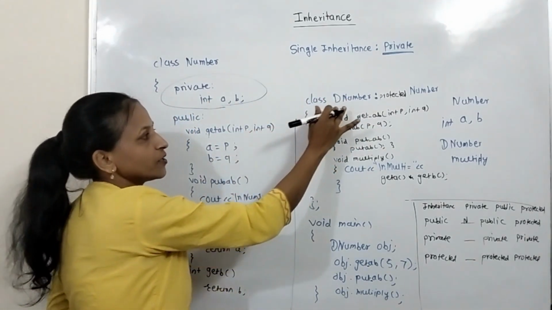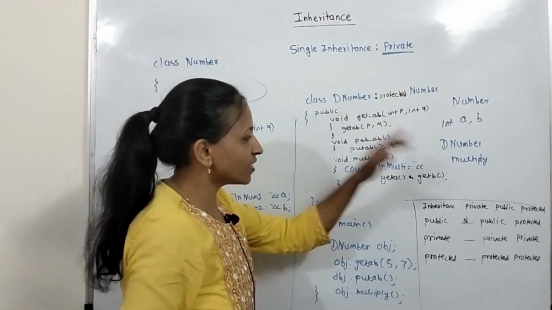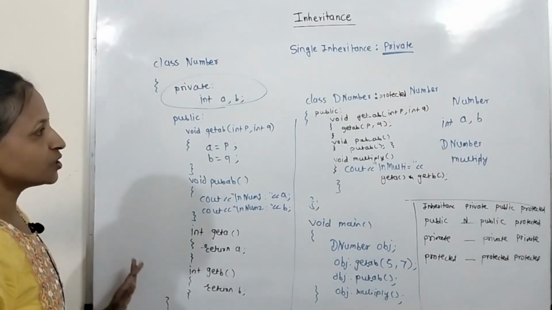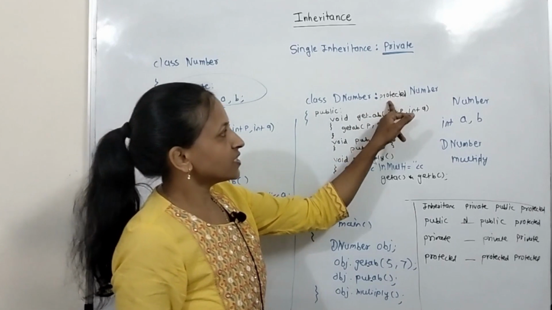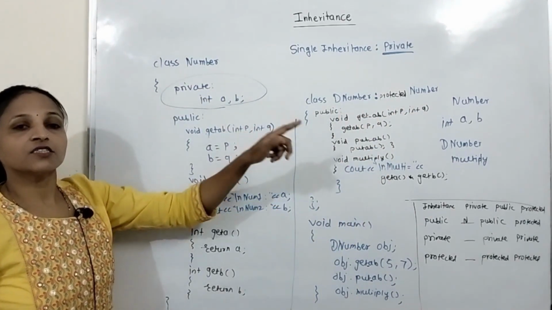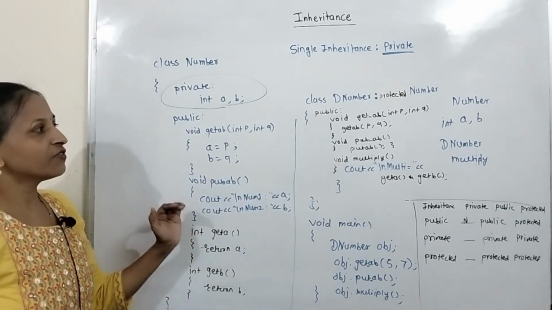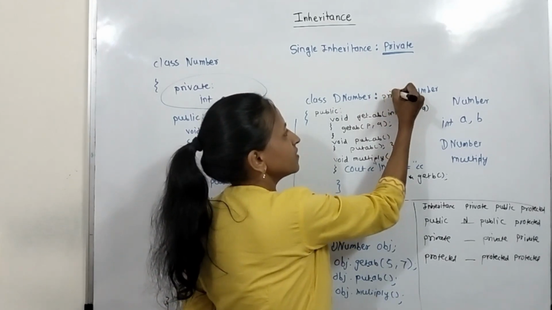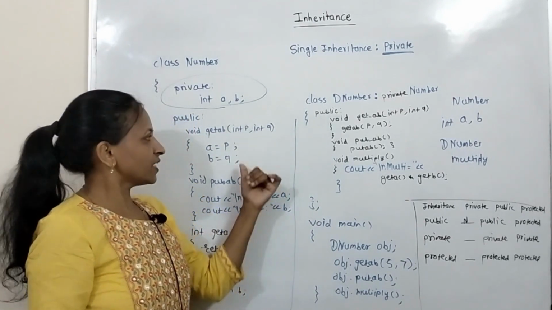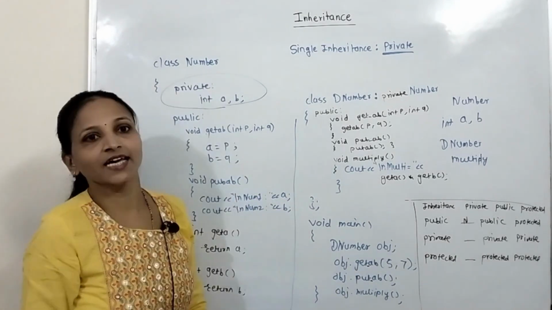This is again protected here. Means this is accessible in the derived class, where that will become again protected. Getting my point? Just keep in mind these points. If this access modifier is private, then whatever private data is not inheritable in derived, but public and protected will become private. Keep in mind. That's it. Means we cannot directly access this getAb and putAb outside that class. This is all about private inheritance.